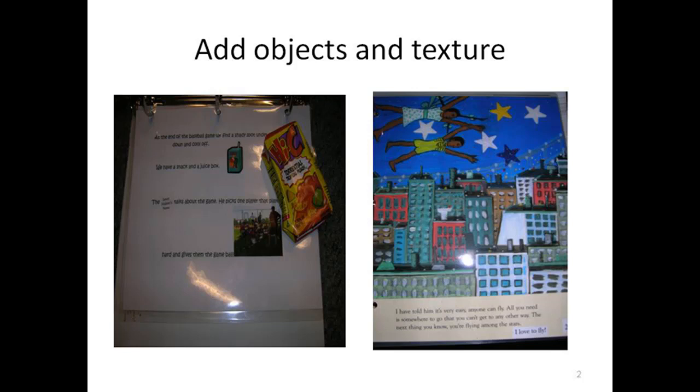Students who fall into this category may have multiple disabilities. For this reason, we need to consider the use of as many senses as possible to increase engagement with the book. Above left, you see a juice box attached to the page. By filling the juice box, the student gets a concrete representation of what the reader is reading about. Above right, felt stars have been added to the page. This adds texture so that the student can feel and is also a topic in the text.